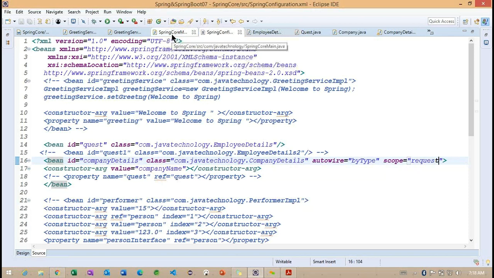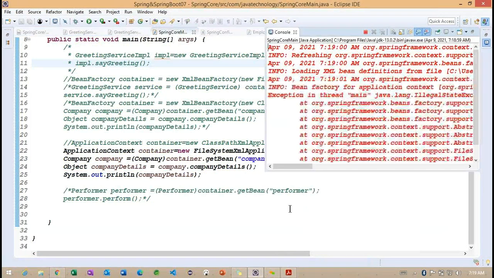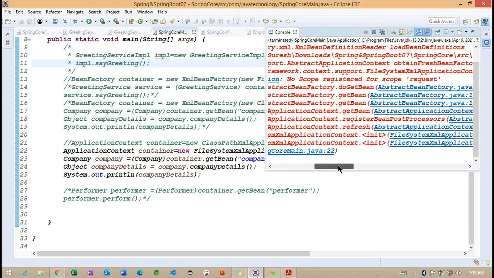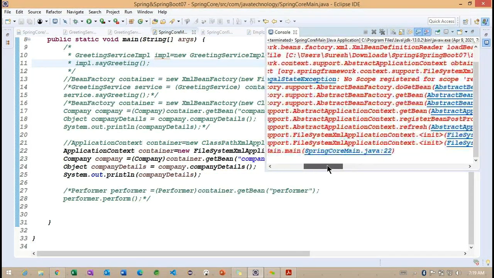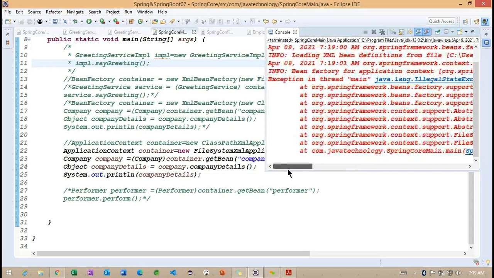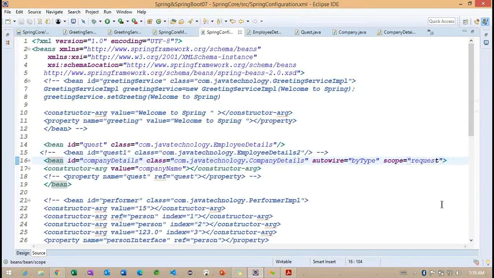Let me create a request scope. Yes, this is correct: no scope registered for this scope, request. The request scope will not work here because it works only in a web-related application. So that is the correct output we expected.